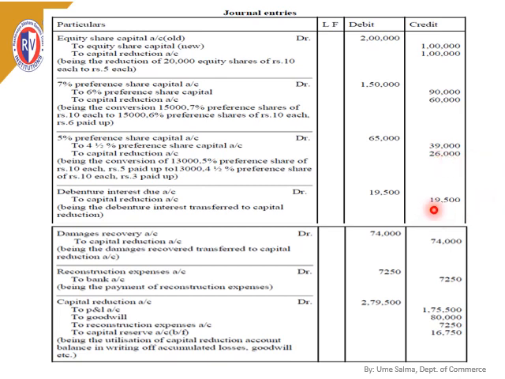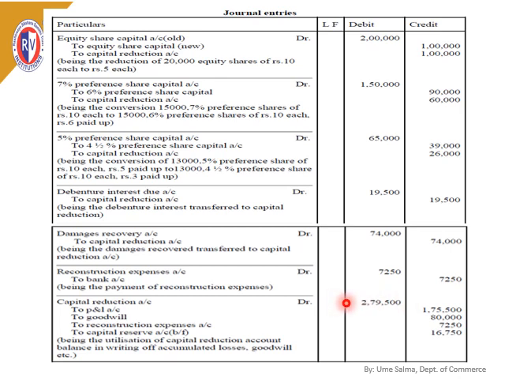And the next is 19,500 towards the debenture interest, and the next is whatever is recovered from the damages, 74,000. If you add all such amounts, you will arrive at the figure